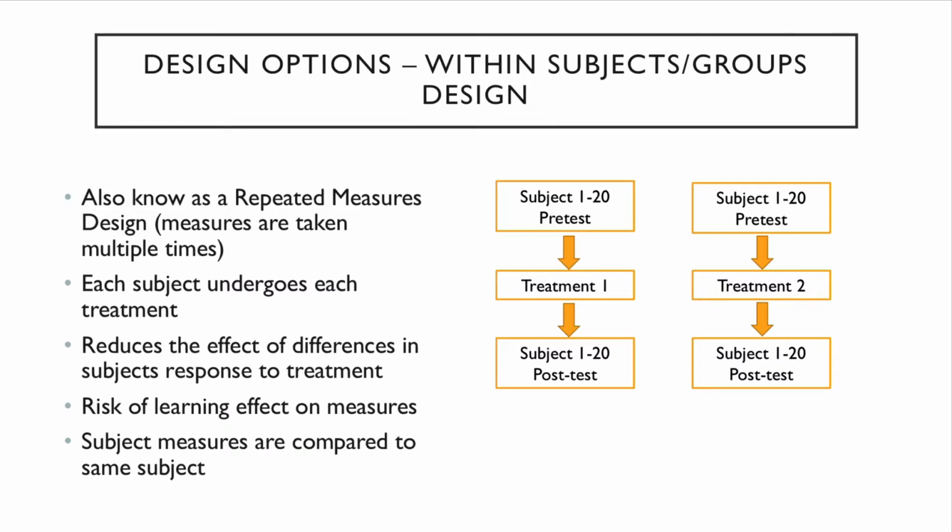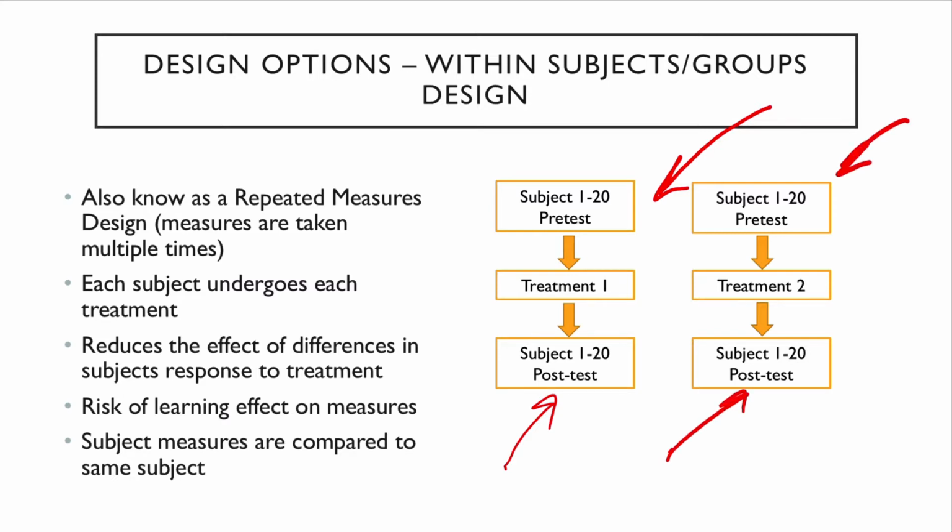We can see an example here where we have, again, 20 subjects. They would undergo a pre-test, then they would do treatment 1, and then they would be post-tested. So we'd be able to look at what their score or performance was before the treatment, then do the treatment, then test again. And then maybe a day later, 2 days later, however long it takes for the effects of treatment 1 to wear off, we have them come back and do the testing again, but under a